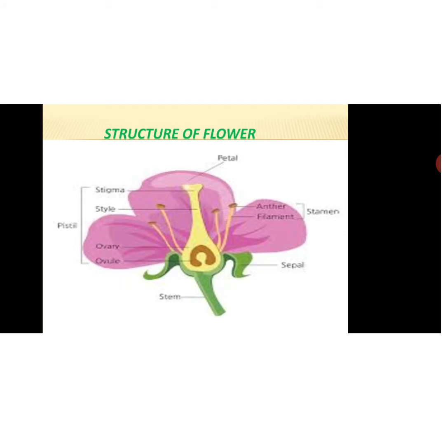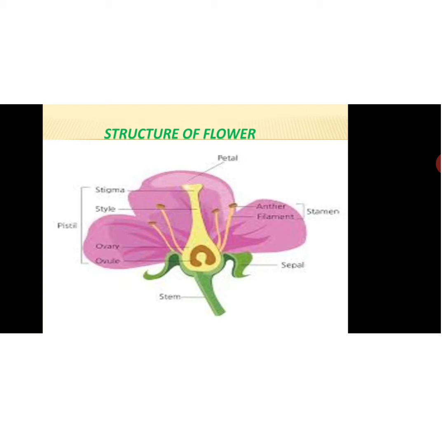Okay, today we are going to start our structure of flower. Yes students, have you recognized a plant? So how do you recognize a plant? By its flowers. Okay, so most flowers we have seen have a sweet smell. The smell of some flowers is so strong that moths are attracted towards them from long distances. Some flowers have no smell at all, and some have an unpleasant smell. So what we understand from all these things is that any plant is recognized by its flower or by the attraction of these flowers.